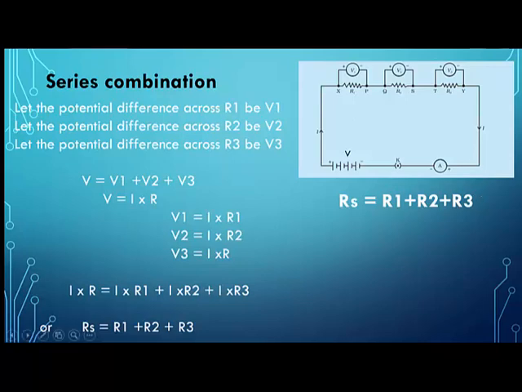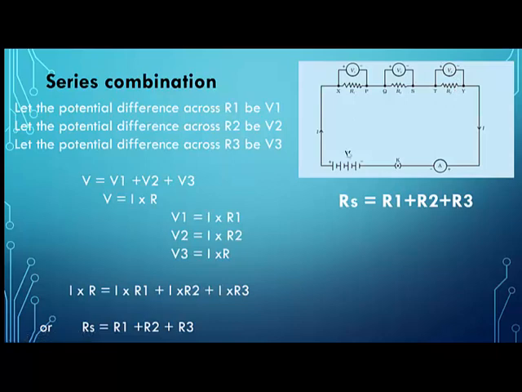Okay, very important. Now, suppose I connect three resistances in series, R1, R2 and R3. So they are connected in series. This is a battery which provides a potential difference of V to the entire circuit. Okay, this is an ammeter. Now what I have done is I have connected 3 voltmeters across the 3 resistances. This V1 is the potential difference across R1, V2 is the potential difference across R2,